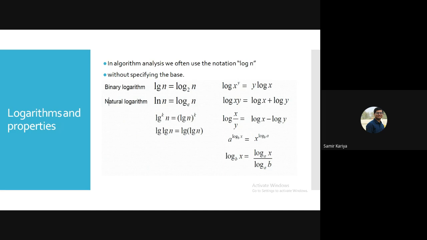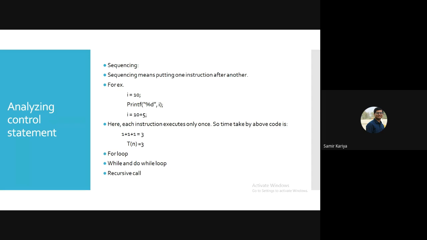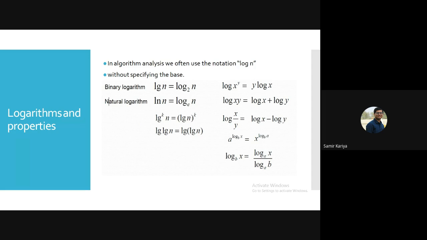Now, next one, just simply find out the time complexity for the given code. Similar kind of question, this one. For i equal to 10, printf i, i plus 5, and just find out the time complexity. But before that, let's take this slide. That's mathematical logarithmic functions. What is the meaning of log, ln, lg? When we simply write log n and ln, what is the difference between these two and what are a few terms?